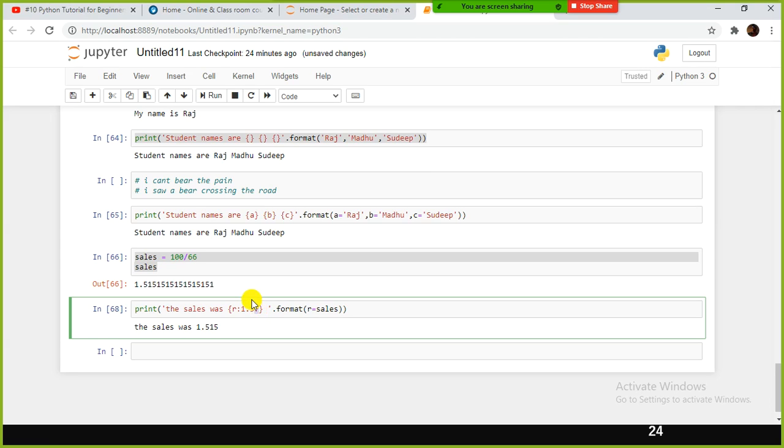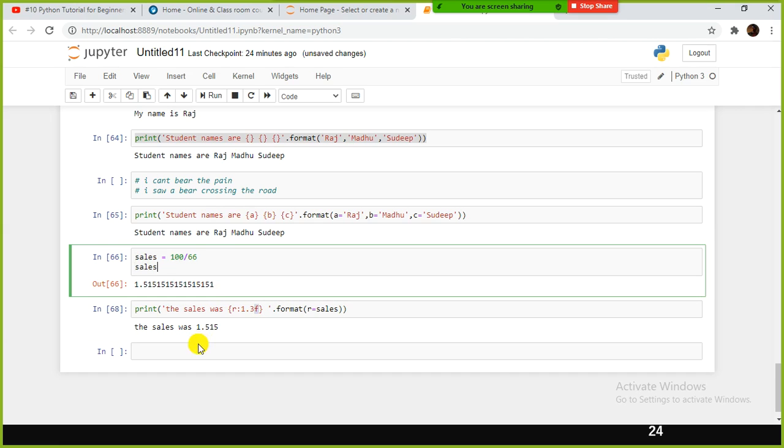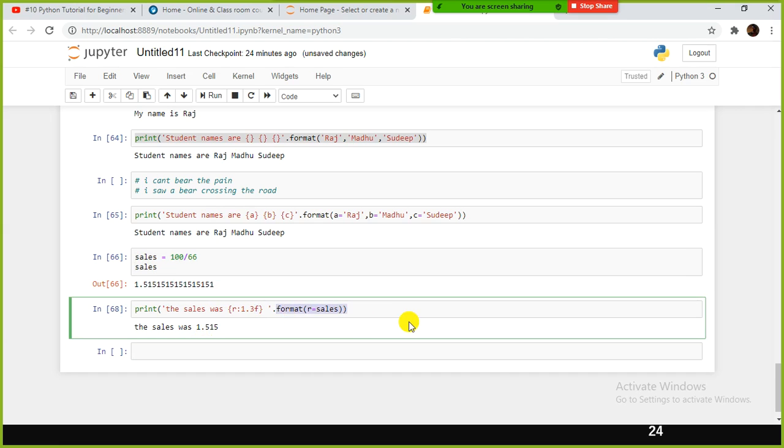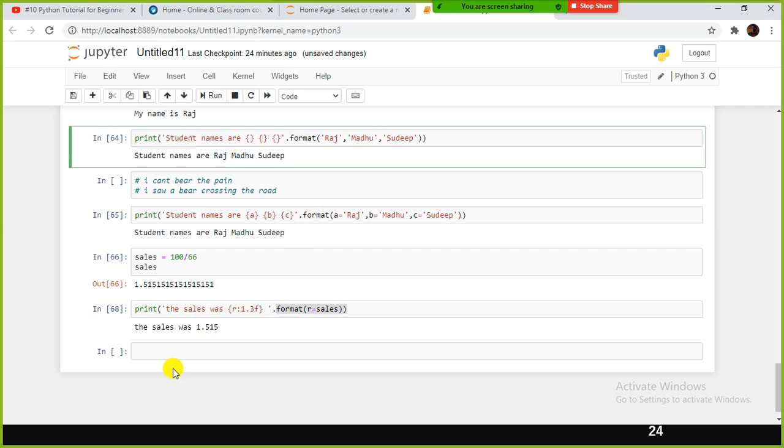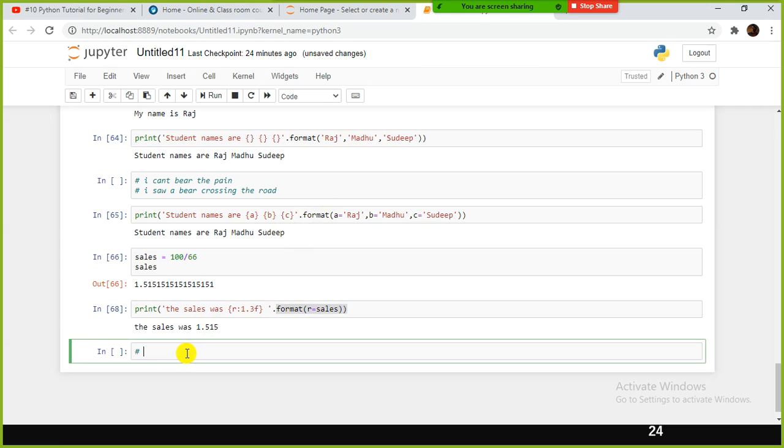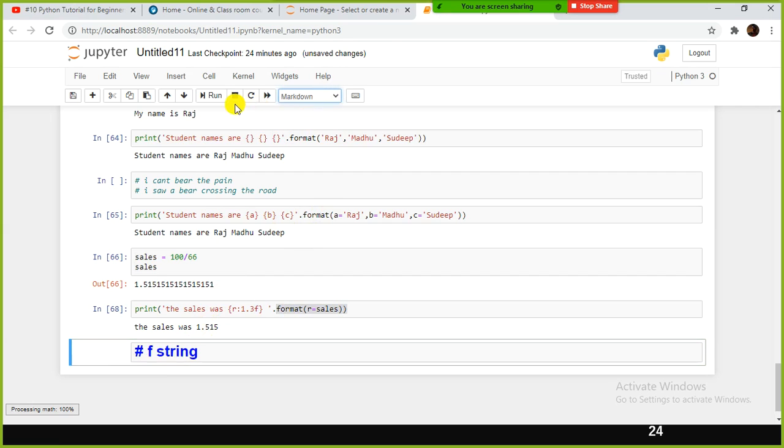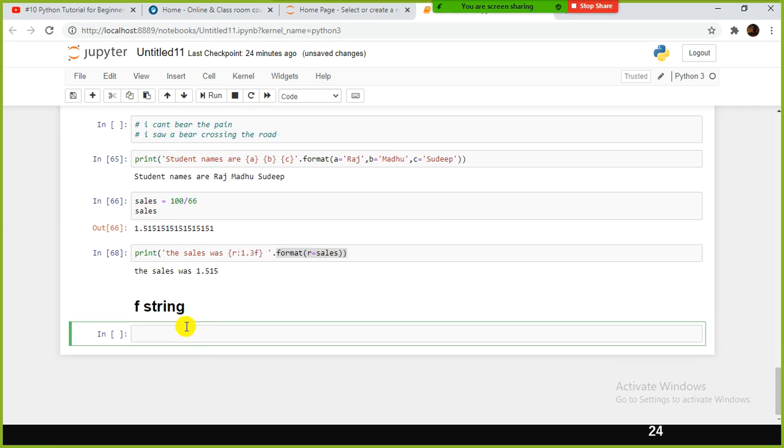The next one is format string. So we use the format method to do the formatting, and the other method is f-string. f-string is a very popular one, using which also you can do the formatting. So here, for example, print f. You need to prefix with f. Okay. Hello. My name is something like.